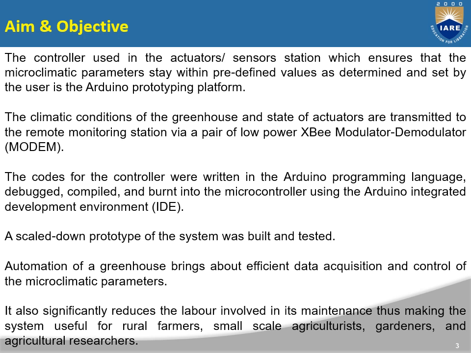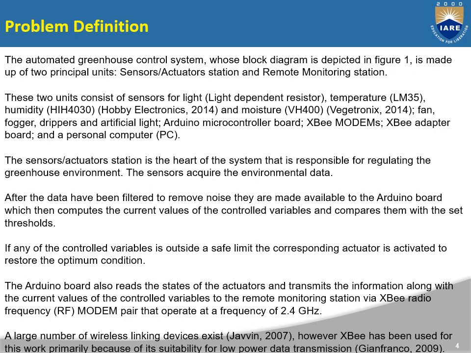Automation of the greenhouse brings about efficient data acquisition and control of the microclimatic parameters. It also significantly reduces the labor involved in its maintenance, thus making the system useful for rural farmers, small-scale agriculturists, gardeners, and agricultural researchers. The definition of the problem is the automated greenhouse control system, whose block diagram is made